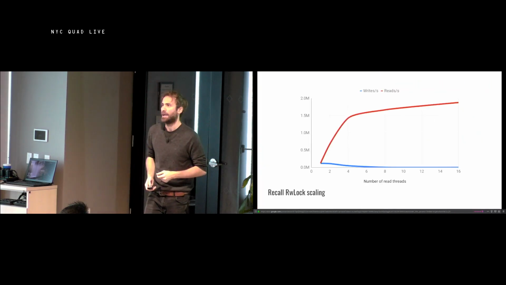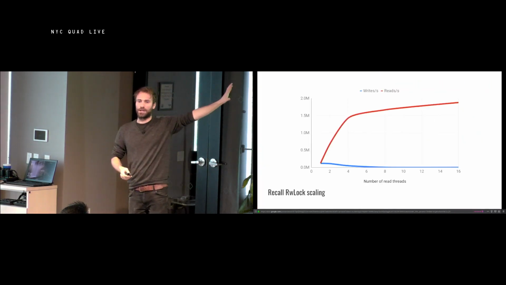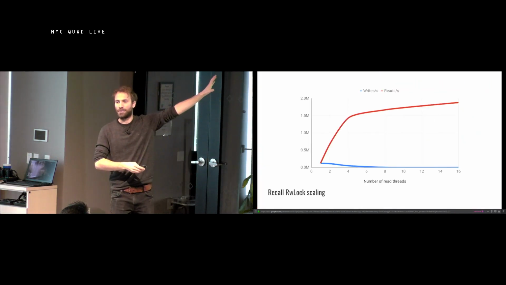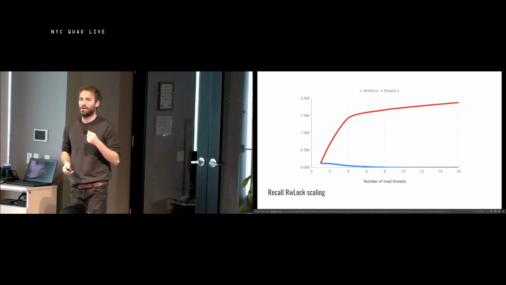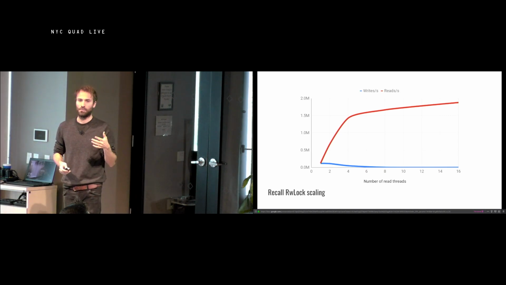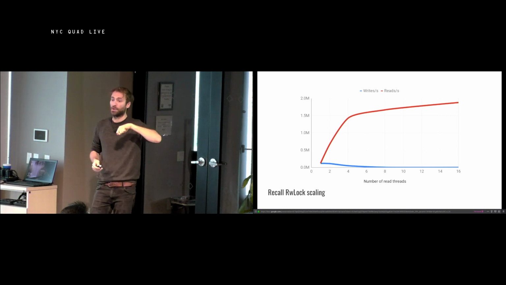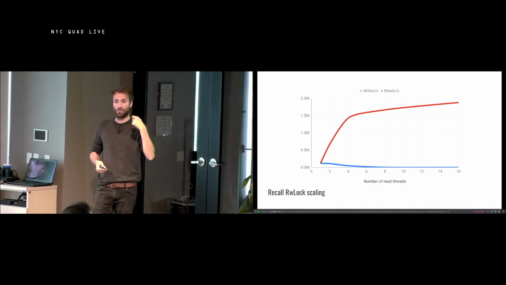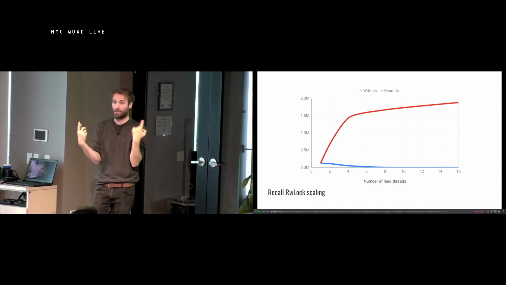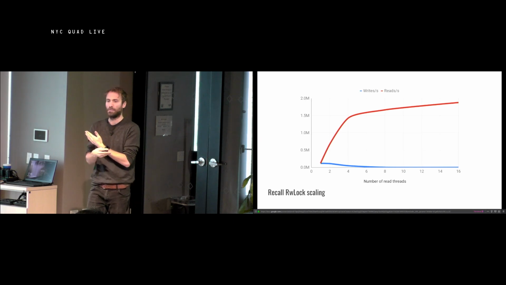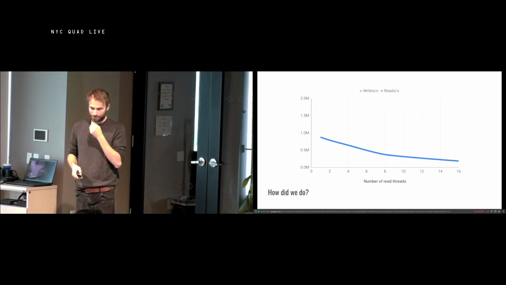So this is pretty good, right? Remember that this was the graph that we had for the ReadWrite Lock? Now, what we're going to do is look at the exact same experiment, but using this other map. And we're going to have the writer swap the maps on every write operation. So there's no amortizing or anything. It's just going to swap on every single operation. What we get is this.